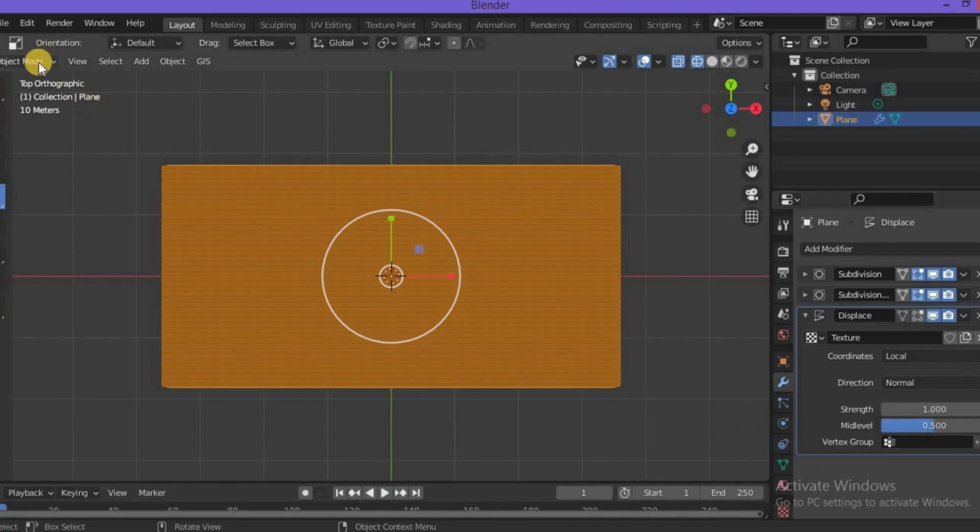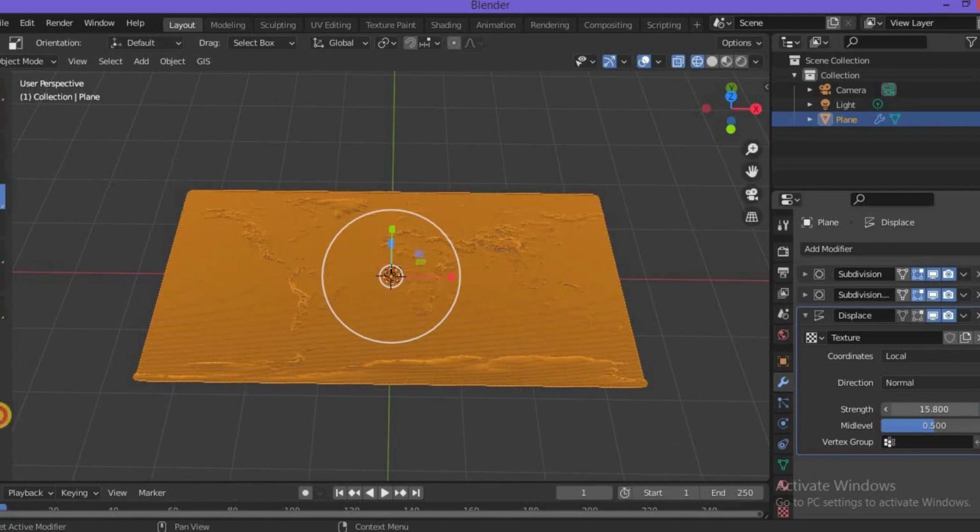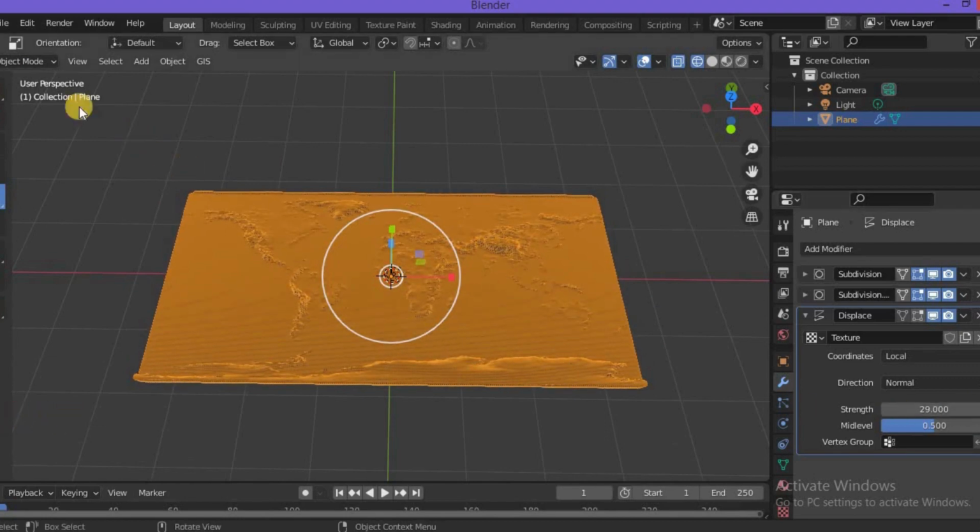Now in this section, in the strength section, let's increase the strength. So now you can see the mesh is changing as I am increasing the strength.